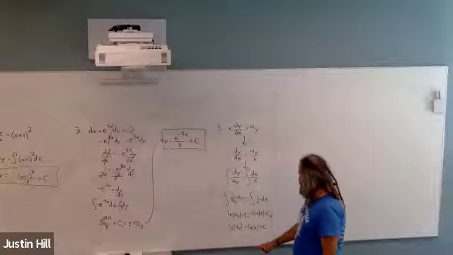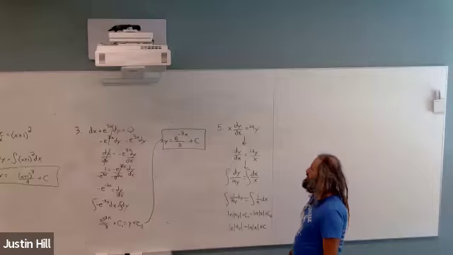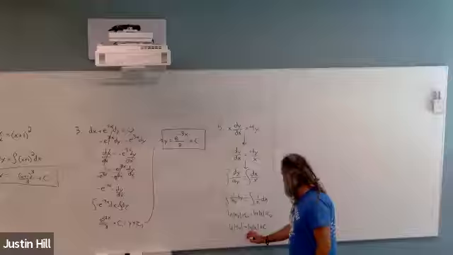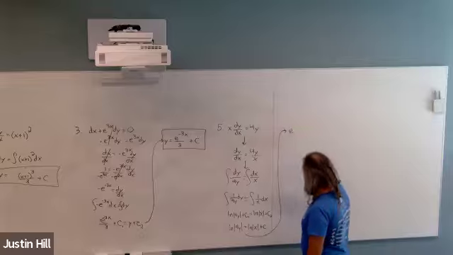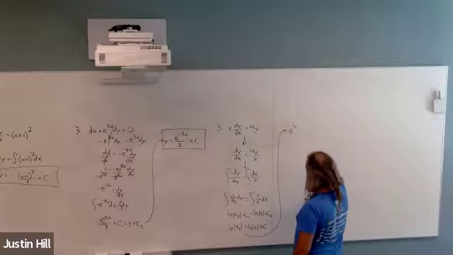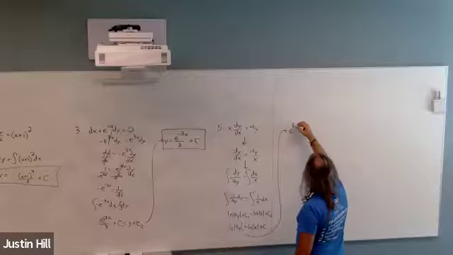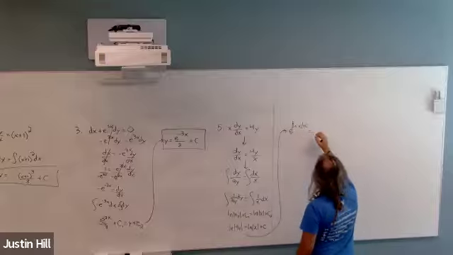So I'm going to rewrite this in exponential form. So in exponential form, this is e to the natural log of x plus c. That all equals